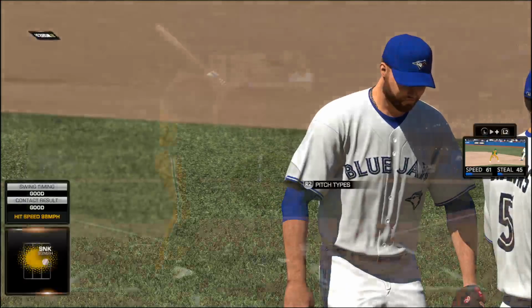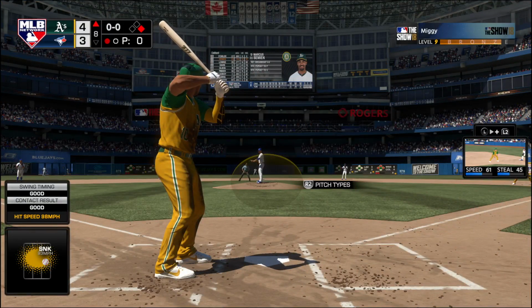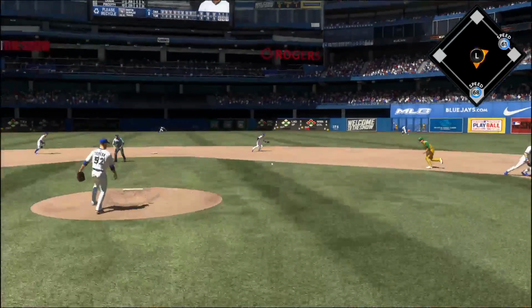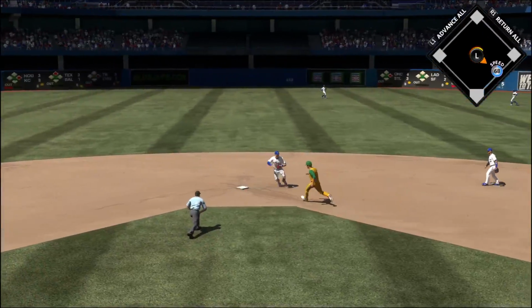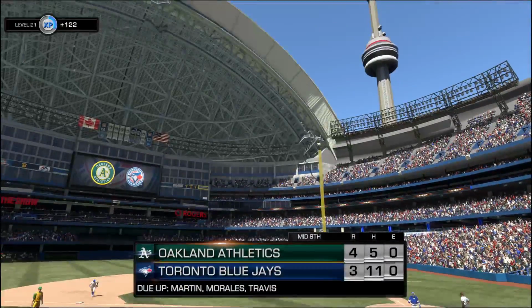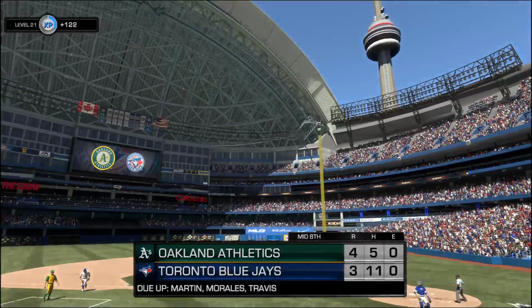Ryan Tepera gets the call as he'll pitch with one gone in the top of the 8th. From the stretch. Oh, it's on the ground to second. Did he get his double play? To second for one on the first. And how about that for an entrance? One pitch, 2 outs in the...